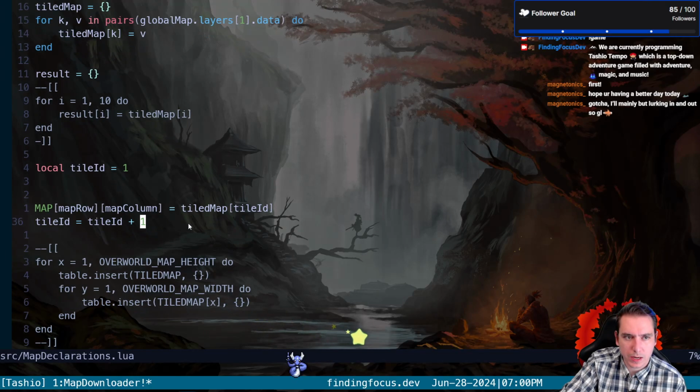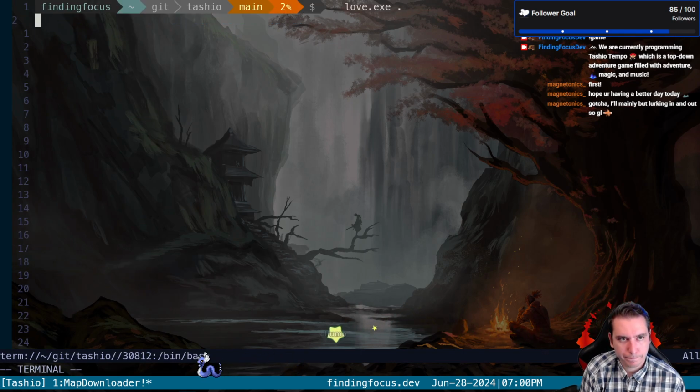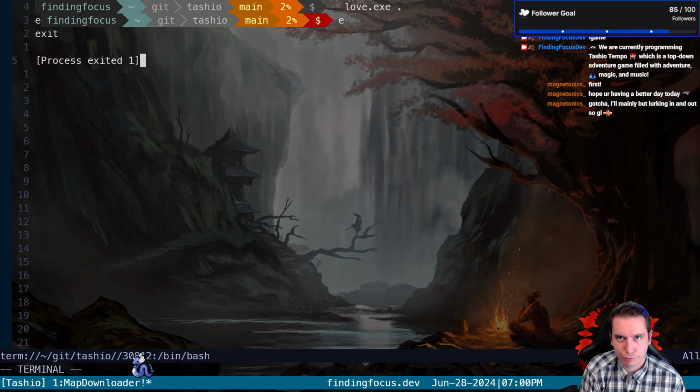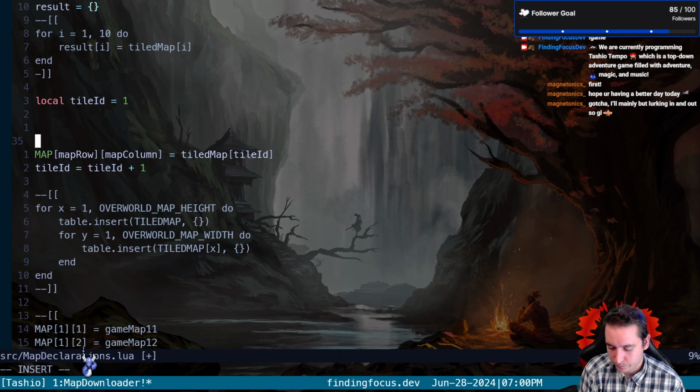Because if we were to say, yeah, let me just see. Okay. Let's just assume that works. So the first thing we want to do is, yeah, we want to loop through for I gets 1 through 900. Well, that's our tile ID, we're calling it. So we can say for tile ID gets 1 all the way through 900,